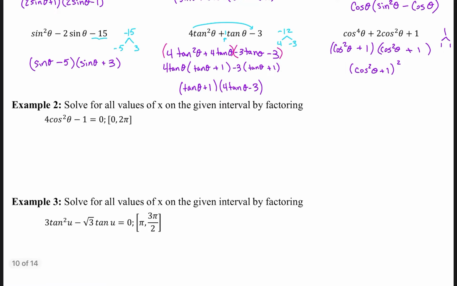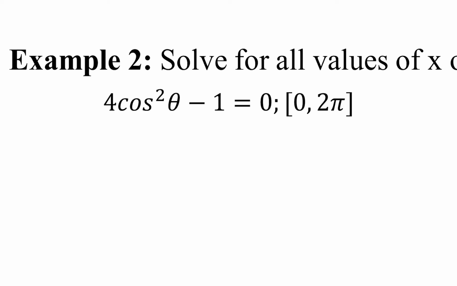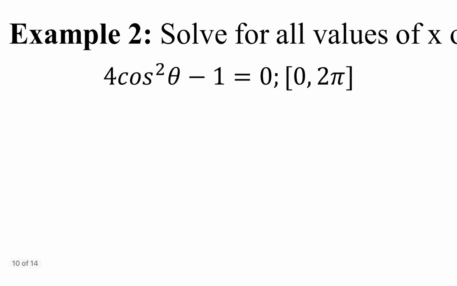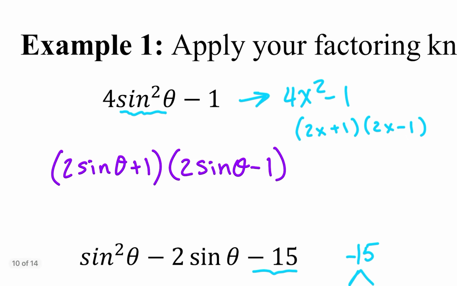Now we're going to actually apply it to solving trigonometric equations that have factoring problems in the beginning to be able to solve them. So the first rule here is that you always have to get it equal to 0, like we've done here. This is already equal to 0, so we know we could solve this one right away. So we're going to start by looking at this side and saying, hey, can I factor 4 cosine squared minus 1? And we recognize that there is a difference of two squares,